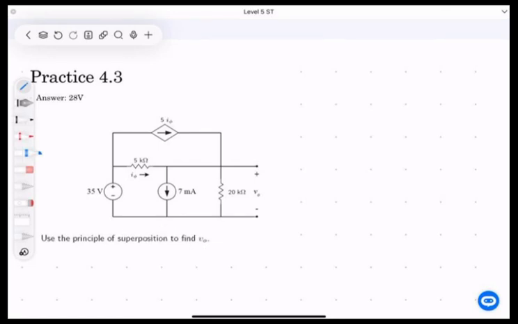Alright, Bismillahirrahmanirrahim. Okay, as promised, this is the video that I want you guys to try using source transformation. And then I said that you can try, but I know that some of you are having difficulties and unable to solve this question. So I said this is in fact a level 5 question for source transformation. Superposition is very straightforward, very easy, but if you want to do source transformation,